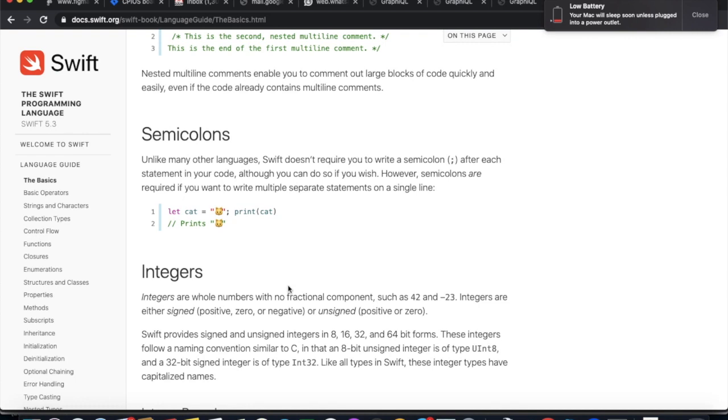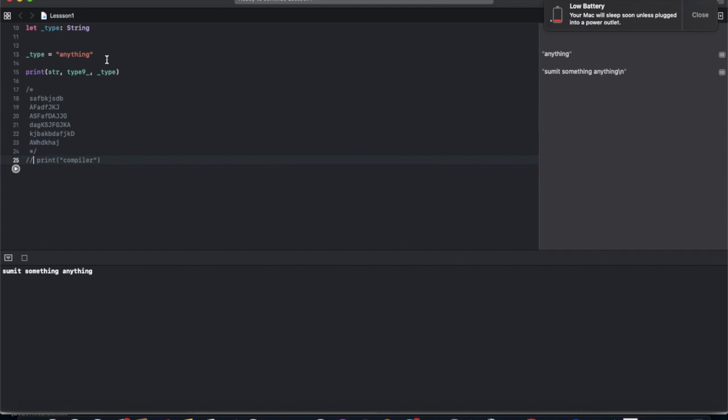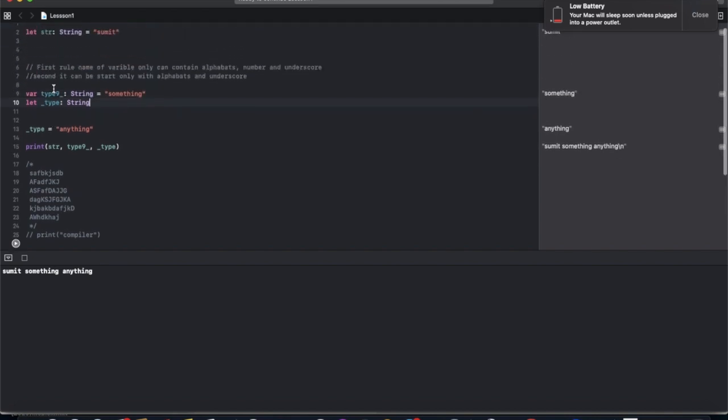Semicolon. What is the use of semicolon? We can use the semicolon at the end of any variable declaration in any line. It's like a separator of lines. So we can use two separators. The first one is the enter, like we have two lines here.